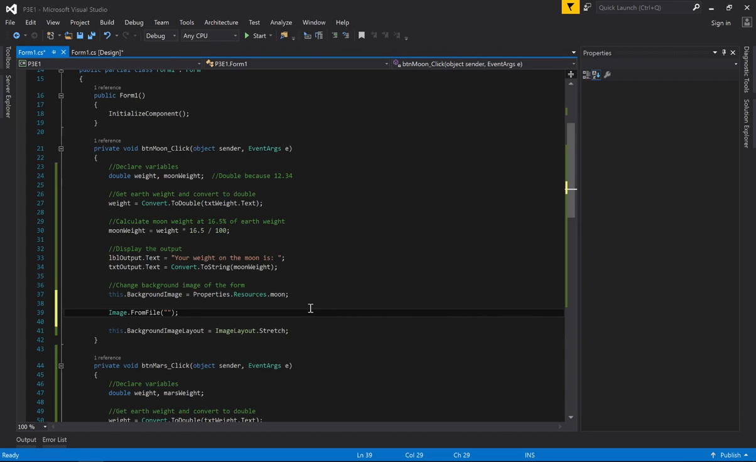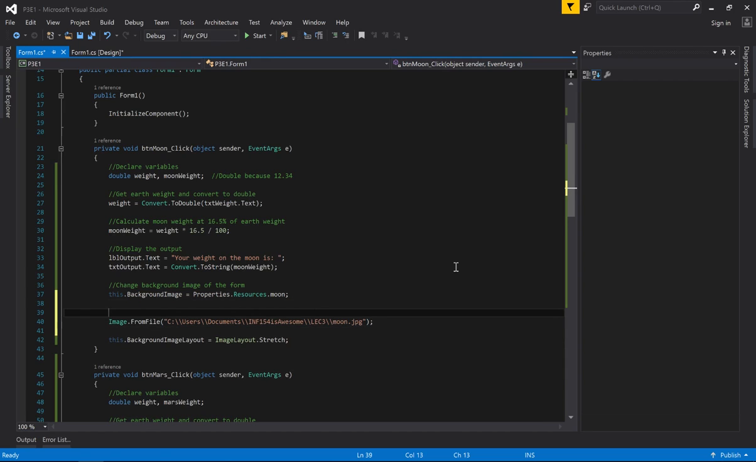is currently. So if you say C, which is your C drive, and you do double backslash always, and then you say users dot double slash again. Let's say documents, for example, INF154 is awesome. That's my folder. Then another 2 backslashes, lecture 3 backslash backslash, and then let's say moon.jpg, which is the file we want to use. Okay. The problem I have with this is